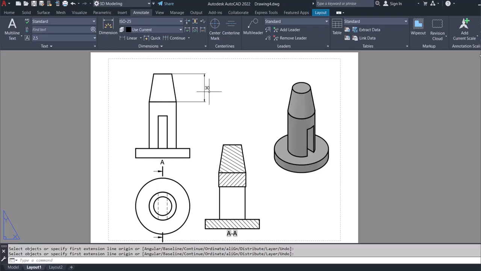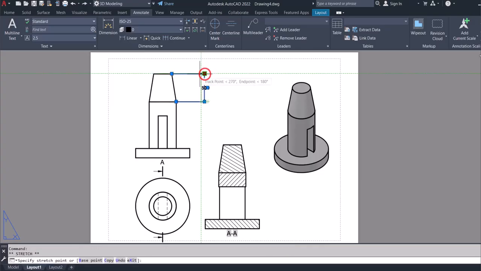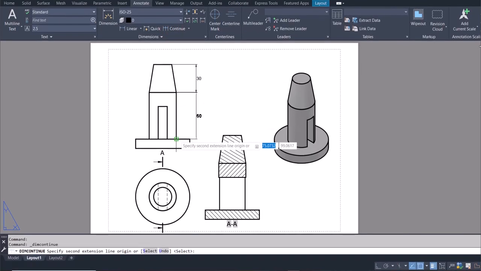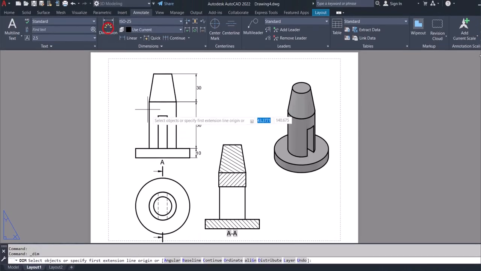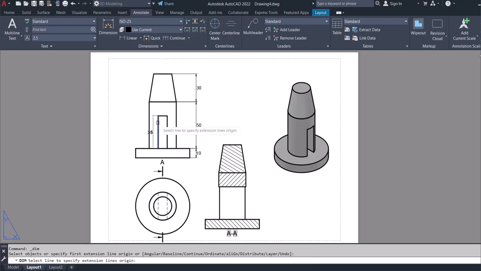I would hit escape and then click on this and move it closer, like maybe so, like so, and then click on continue. I want this point and then that point as well, and then enter, and I would dimension this portion here, which is 35,